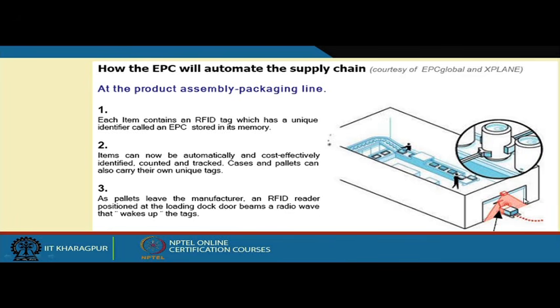Cases and pallets can also have their own tags and they can also be counted. Now, this is the situation at the manufacturer's end, where the products are manufactured or assembled and packaged. As the pallets leave the manufacturer, an RFID reader positioned on the loading dock door, look here, once the truck moves out,